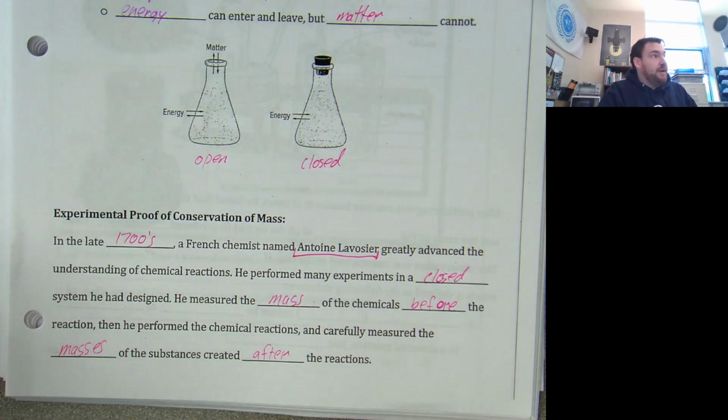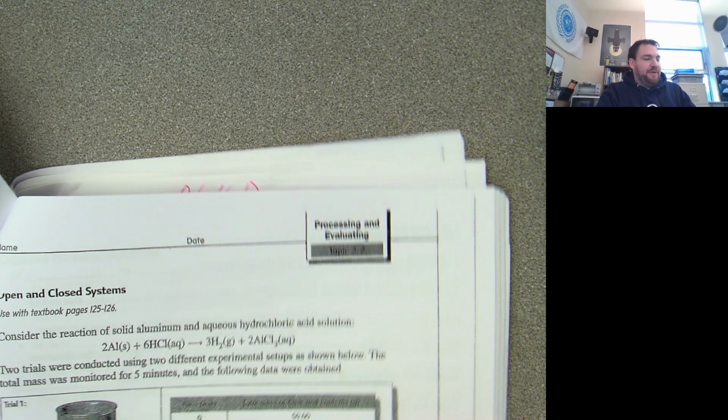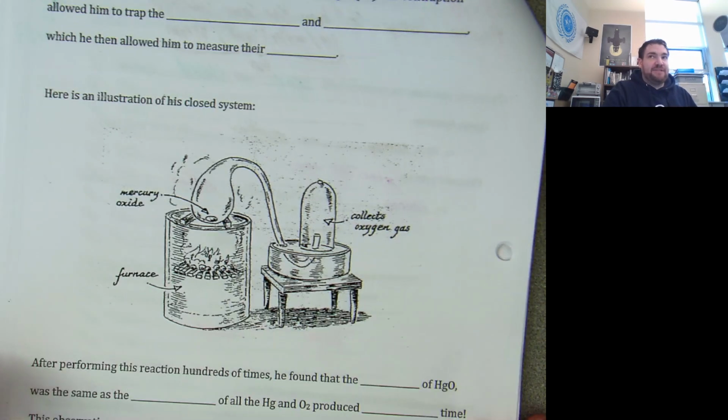So he started with one. He heated it up, is all he did. And he caused what we will later learn is called a decomposition reaction. And he was able to separate and isolate the two different compounds and weighed them and found something kind of interesting. Flip the page. This is the apparatus he used.